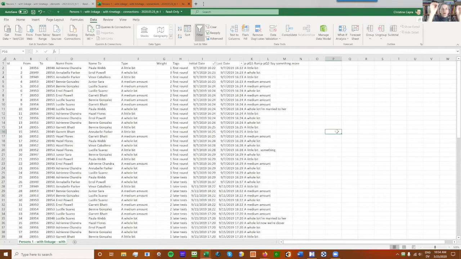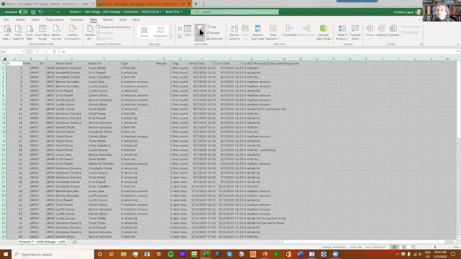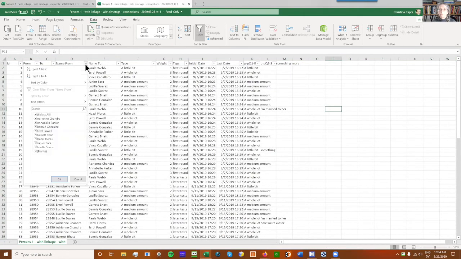So you couldn't decorate the changes in the time frames. What that meant was every change in a connection had to be in a new row.